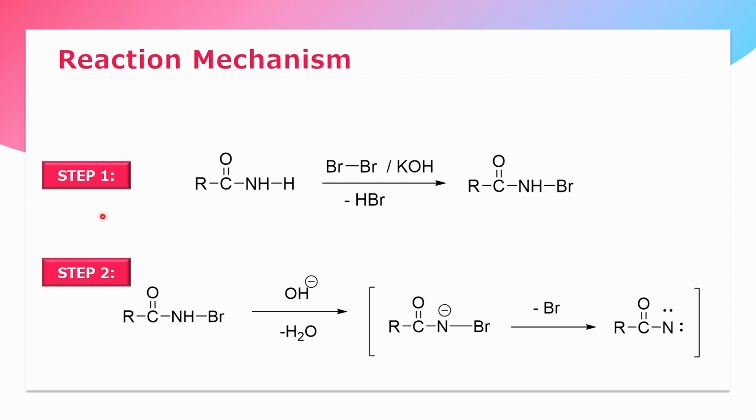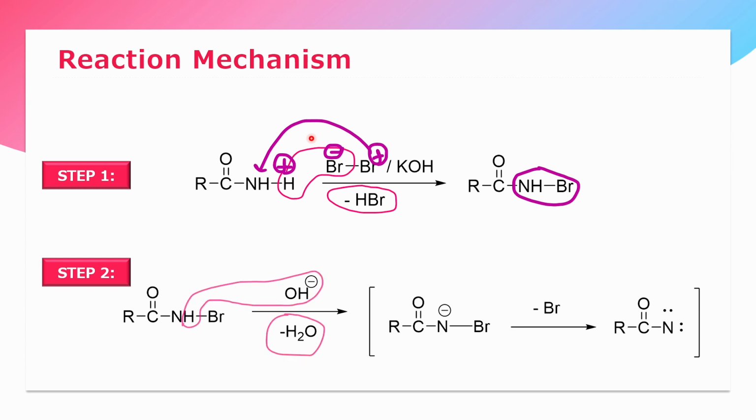Let's start with the first step. So here we have the amide and bromine. The bromine actually has Br negative and Br positive. So the Br negative part would react with this H positive to expel HBr, and the positive Br would go on and get attached like this. In the second step, we are hydrolyzing, so we would get water in this manner,